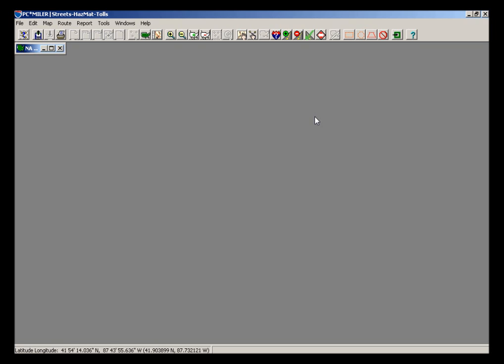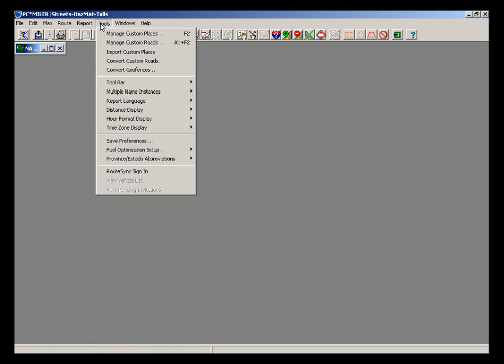Another enhancement I want to show you is our Custom Place Manager. So we've made enhancements to the Custom Place Manager to give users better tools to match their data to the PC-MILER database. So as you import custom places, for those that don't match exactly, we provided more visualization tools to help you find the perfect match. So if I go up here into Tools,